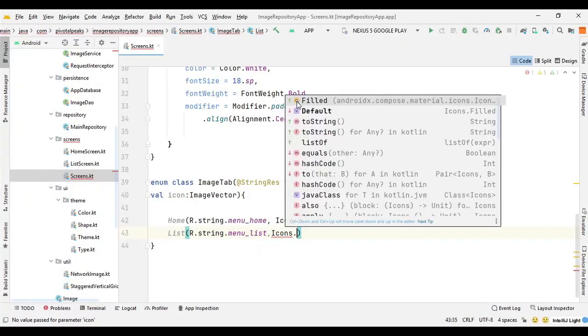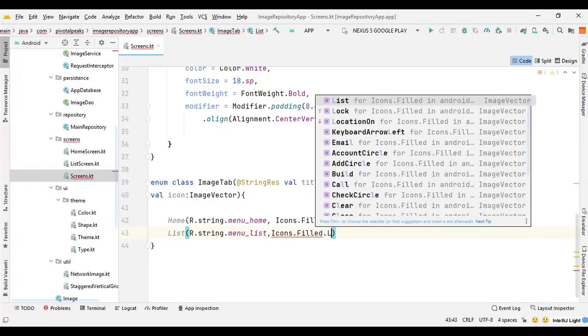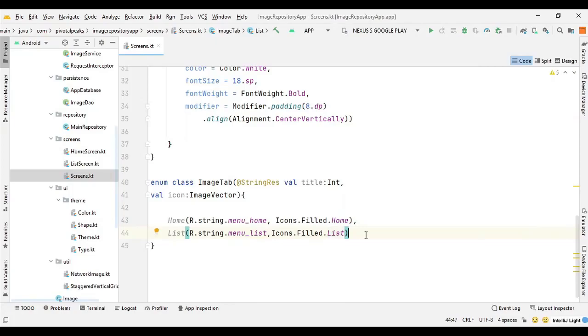So icons dot filled dot list. Now we need to create a companion object to set the call for two tabs. So we can call the tabs without creating an instance of this class, and also you can access its members using only the class name as a qualifier. So let's do that.